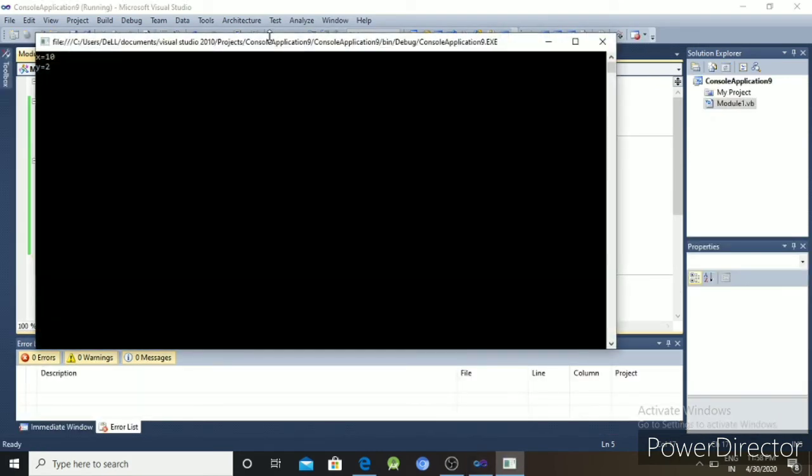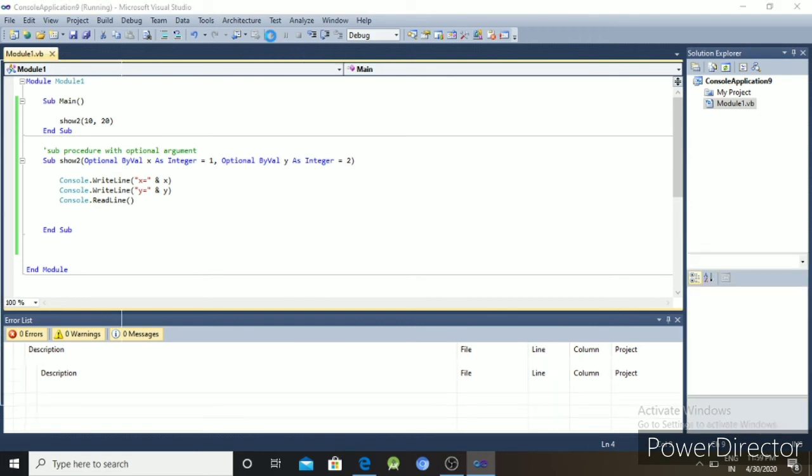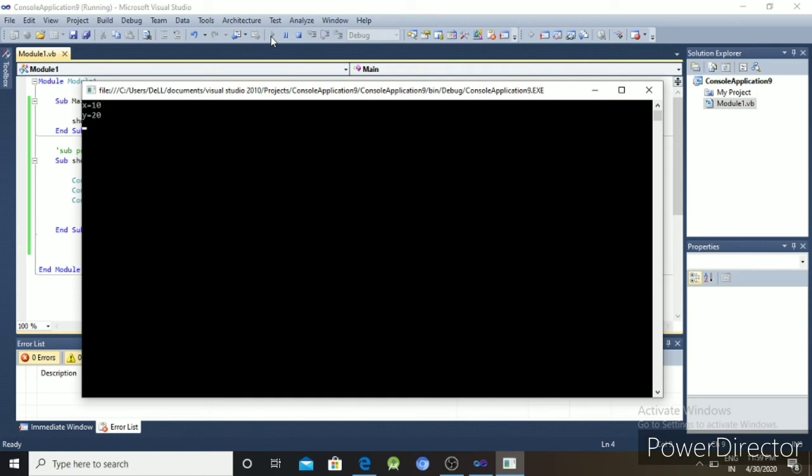Okay, x equals 10, y equals 2. The optional value is automatically defined as Optional ByVal x As Integer = 1, but I want to change it, so x equals 10. If you want to change both optional values, we have to write 20 as well. Okay, x equals 10 and y equals 20.